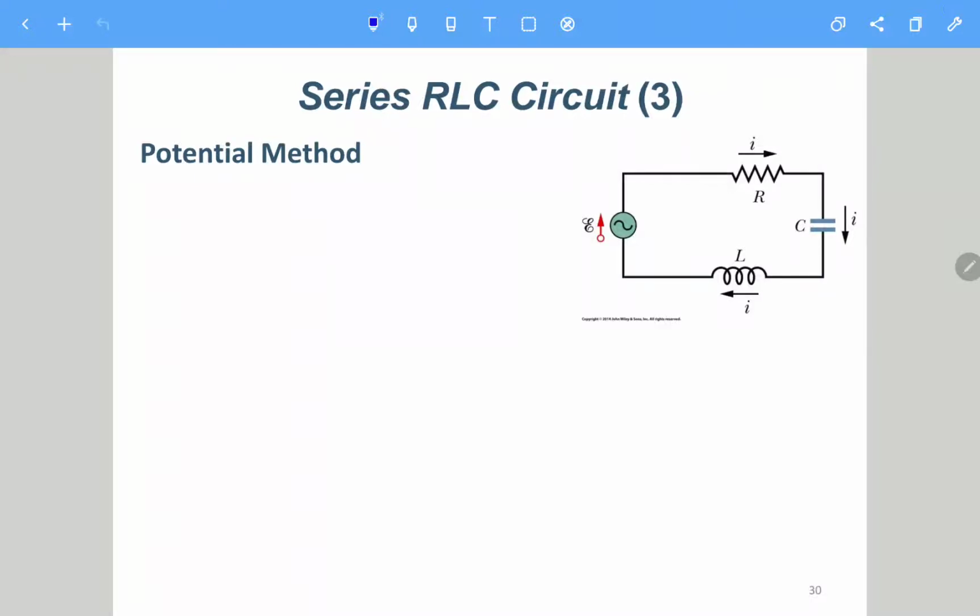Okay, so let's see how we can use the potential method to analyze this circuit. Actually, the current is I, and this E is nothing but Em cosine omega dt. So in this case, suppose we assume this one to be the ground. So here it goes up: Em cosine omega dt